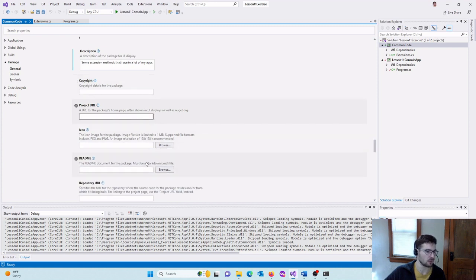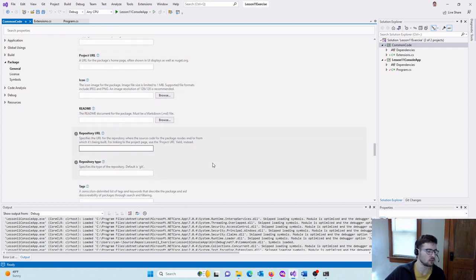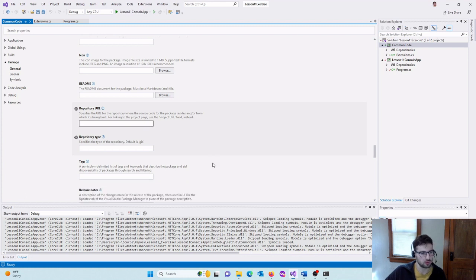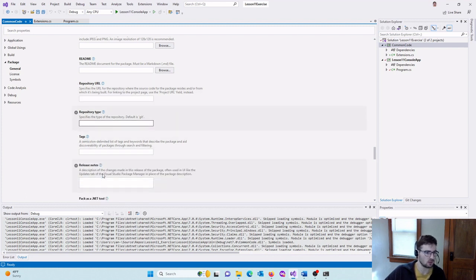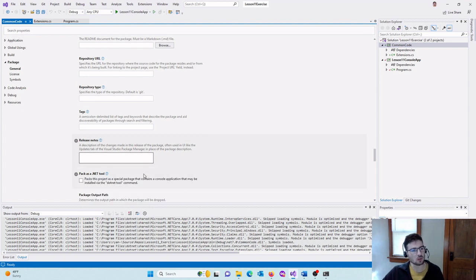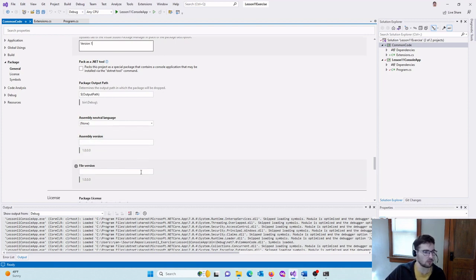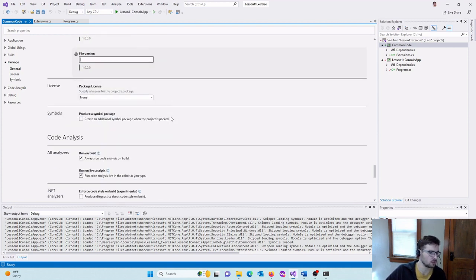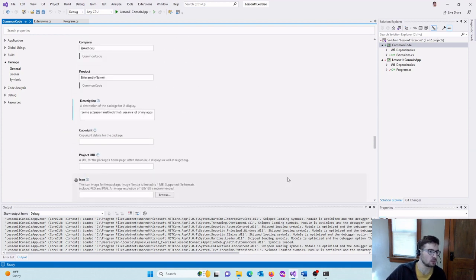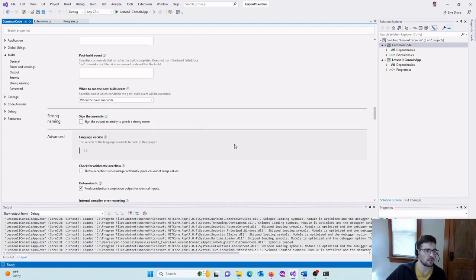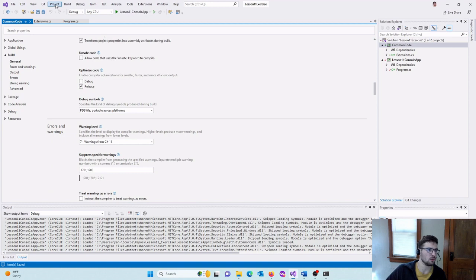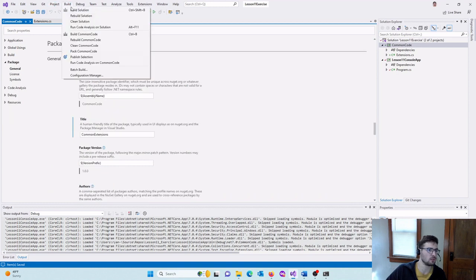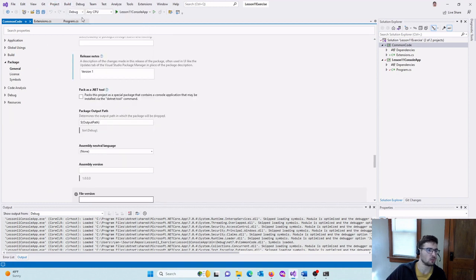Project URL, forget about that. I mean, all sorts of metadata you can throw in here. Release notes, I don't know, version 1. A lot of stuff here. Okay, so let's roll with this. So now if we go back and do a rebuild,